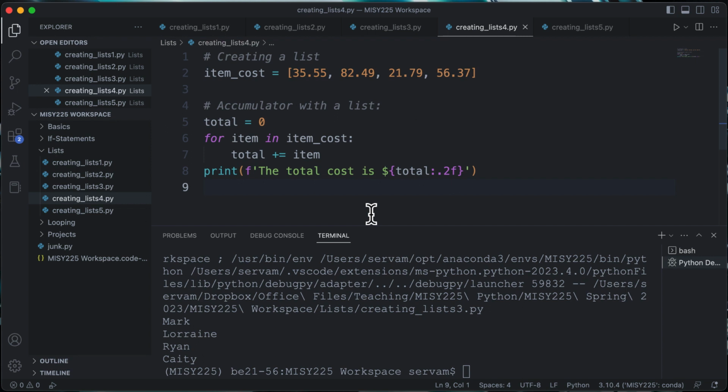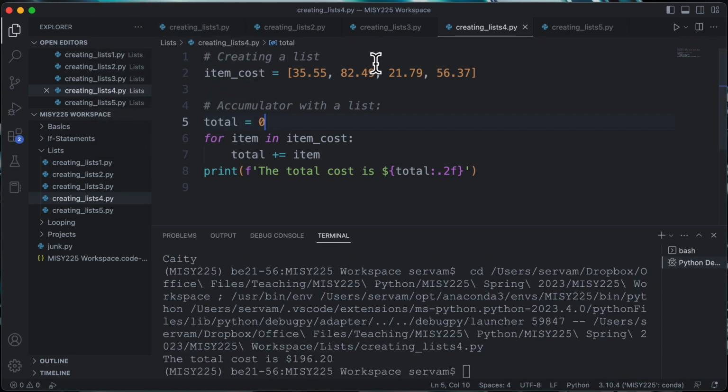We've talked about accumulators in an earlier module, and here what we can do is we can take a list of numbers, and that is the item cost, and we can in effect total up the bill to find out what the total expense is. The way to do this is very similar, but what we're going to do is we're going to iterate through the list so that we visit each of the item costs in turn. We're then going to use total, which has been set to 0, and as we go through, each element of the list will be added to total, and in the end we'll have a total amount. So if I go ahead and run this,